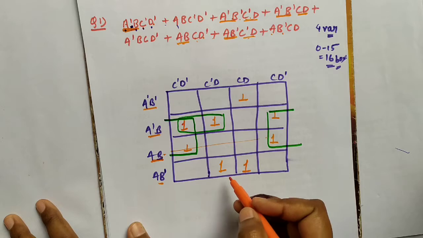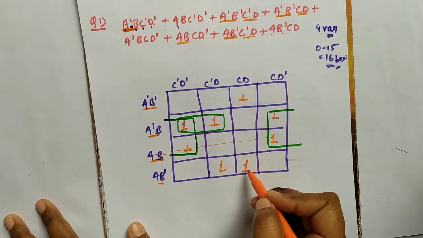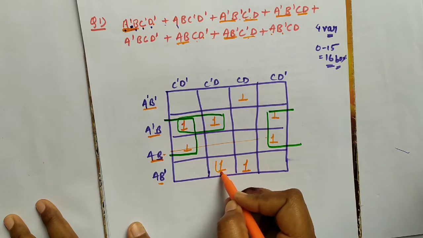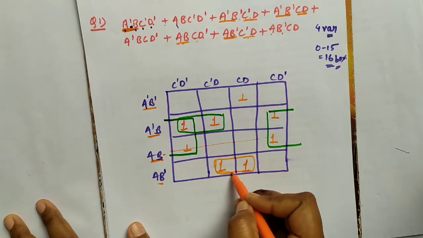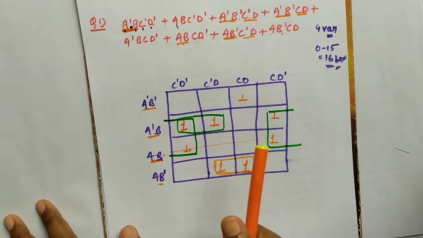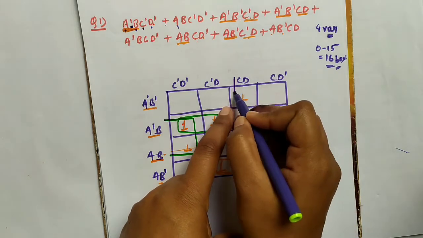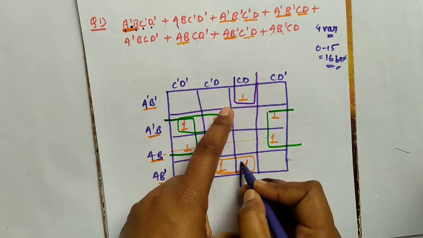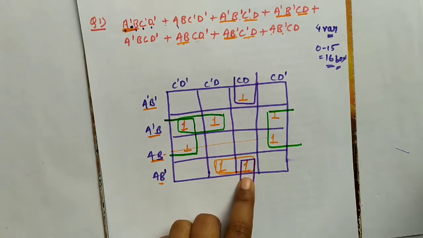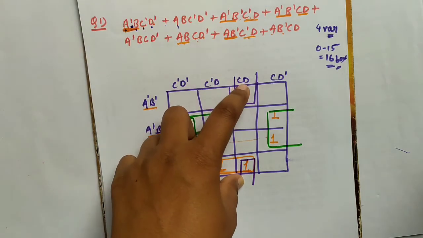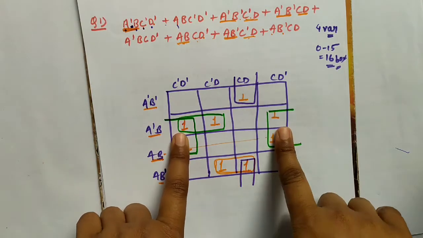So the next one is this value; we can make this two pair. This is the pair, but this one is left alone, so we can make a pair of this and this one. We can make a pair of this value with this one. So here is one quad